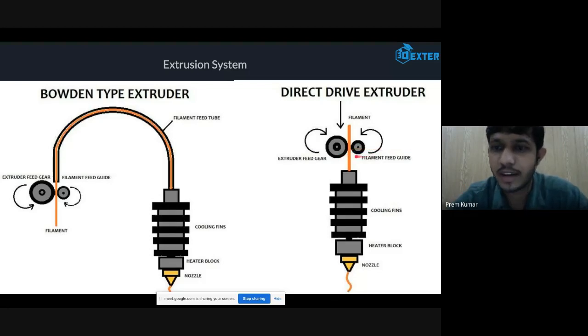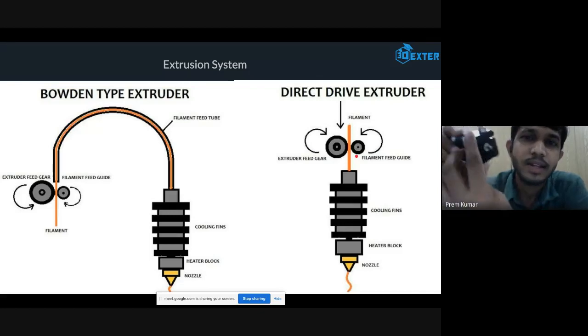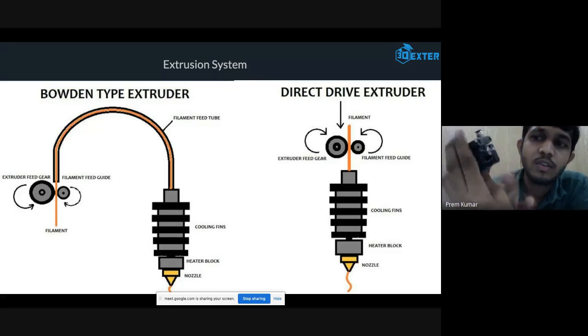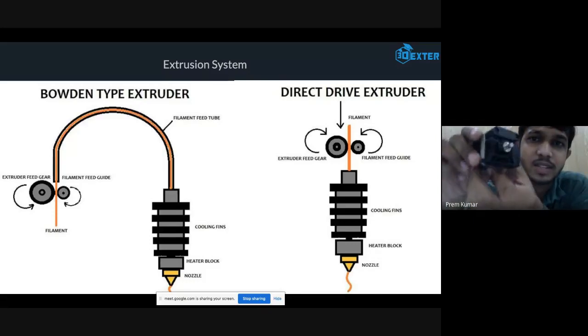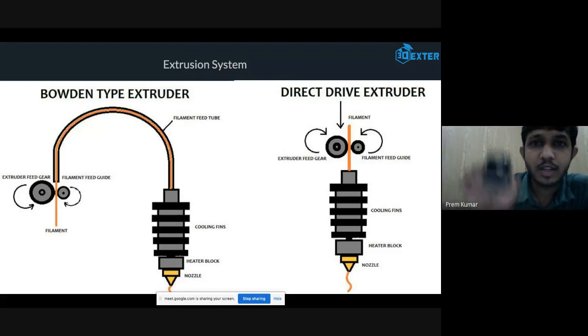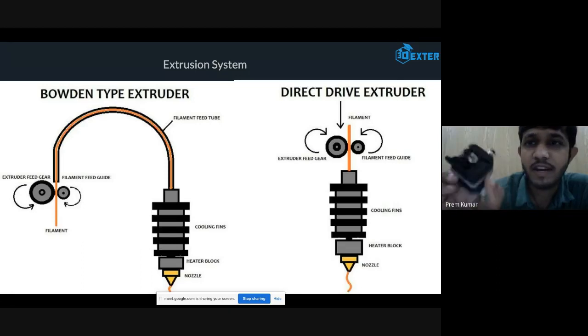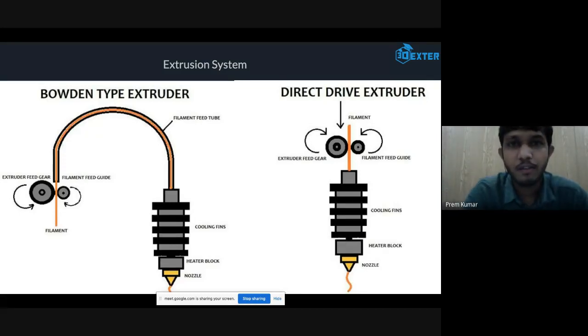So here you can see an extruder feeder, which has a lever. From the bottom side, you directly mount this on your X and Y axis motion system, which will be moving along with the axis. It will be around 250 grams of weight, so you are increasing the weight if you directly use this. But if you mount this somewhere else and use the hot end on the mechanism like this, you are decreasing the weight.